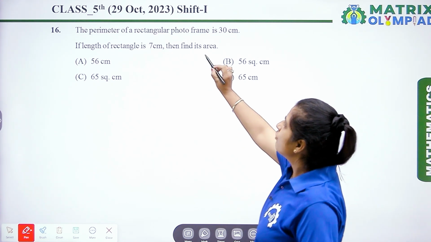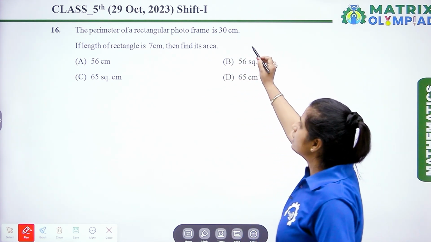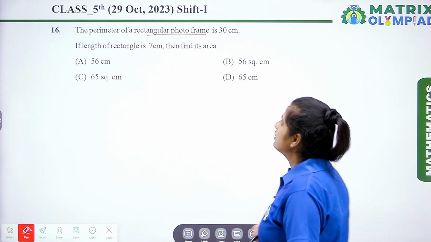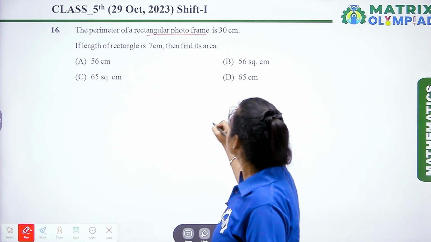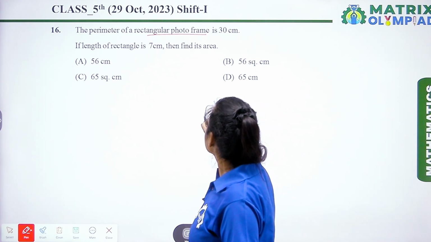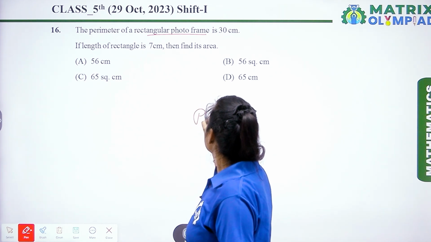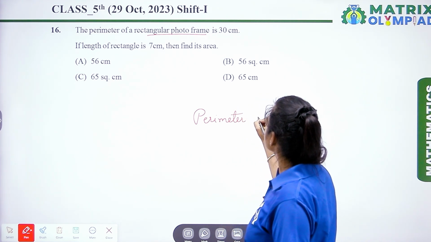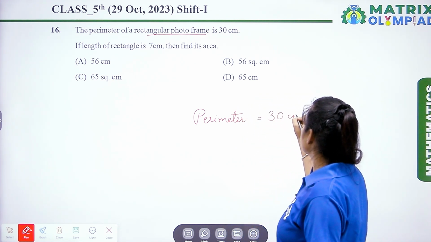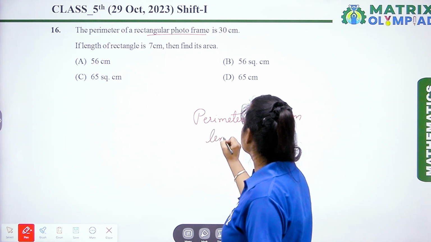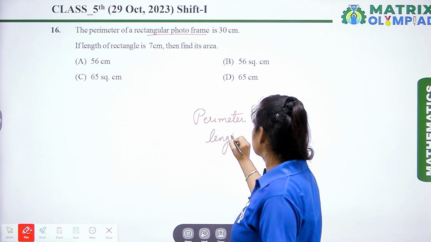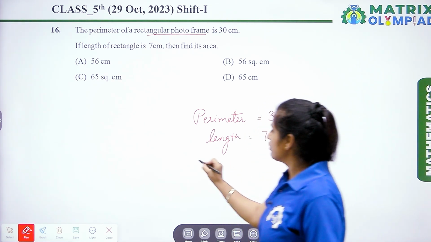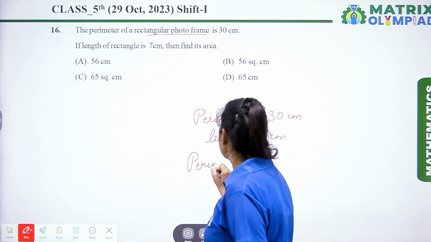Here the perimeter of a rectangular photo frame is 30 centimeter. एक rectangular photo frame का जो perimeter है that is 30 centimeter. So here we have a rectangular photo frame. Now we are going to write down perimeter of this photo frame, that is 30 centimeter. Length is given to us. That is 7 centimeter, and we know the formula of perimeter,